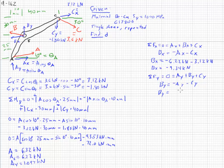BY equals negative 1.097 kilonewtons minus a negative 1.80 kilonewtons. So By is 0.703 kilonewtons. Let's write that here. And Bx is